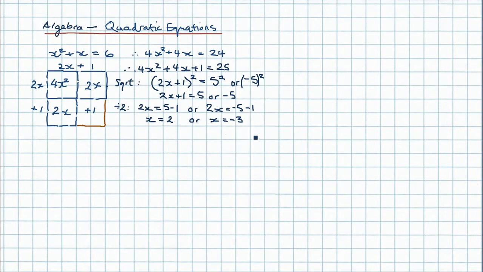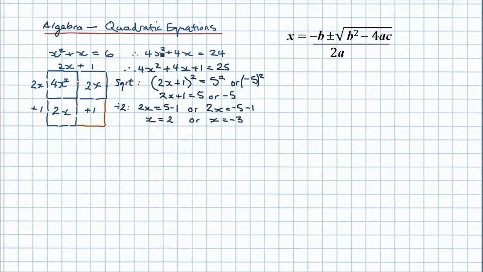Now, great, we've got our solutions, but was there another way of doing this? The other method, and it's a good method, is to use the quadratic formula. And that formula, if you remember from previous videos, is this: x equals minus b plus or minus the square root of b squared minus 4ac all over 2a. The quadratic formula. Now in the second part of the video we'll find out where that comes from and why that is true. But the first thing we've got to do, if we want to use the quadratic formula, is rearrange this equation in a slightly different way. And what we've got to do is put it equal to